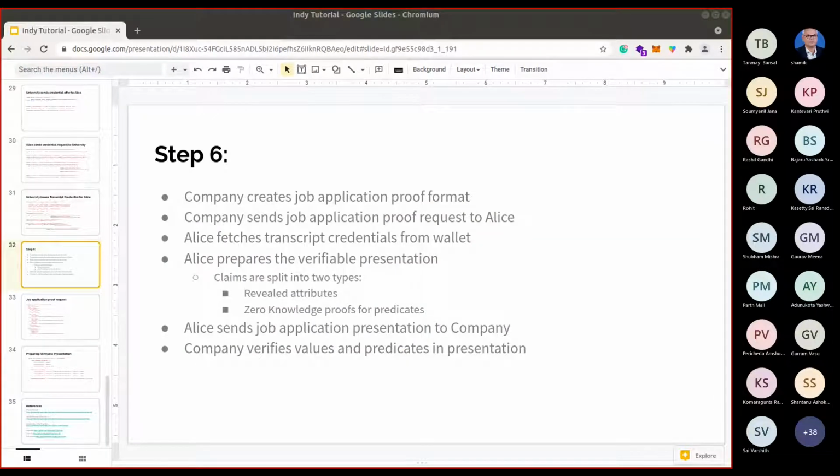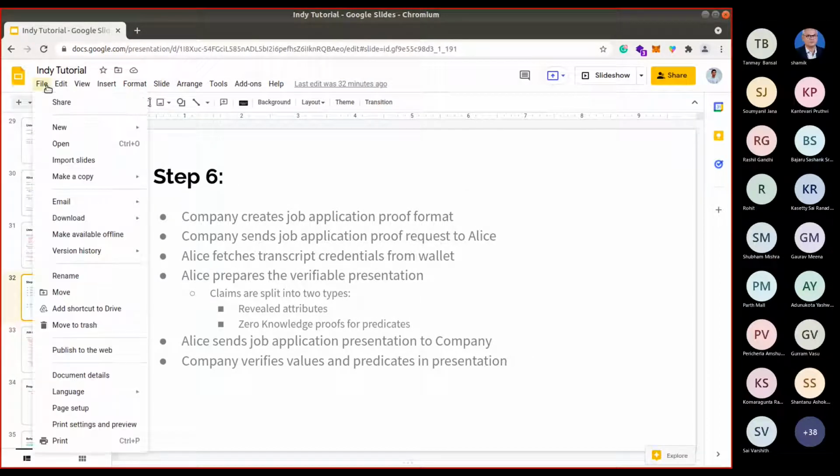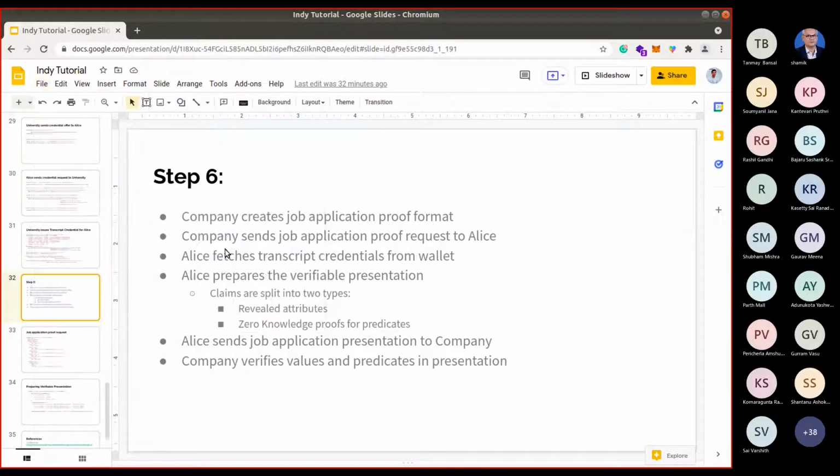This week we are not going to give you any assignment. The assignment will be given next week after the tutorial is over. What I suggest is that you try out the different steps that Vishak has mentioned. Maybe you can try out this sample program and run it to get an understanding of the individual steps. That can be just for your practice for this week. Next week we will complete this tutorial part and give you an assignment on Indy, which is going to be the last assignment for this course. If you have any query right now, you can ask.